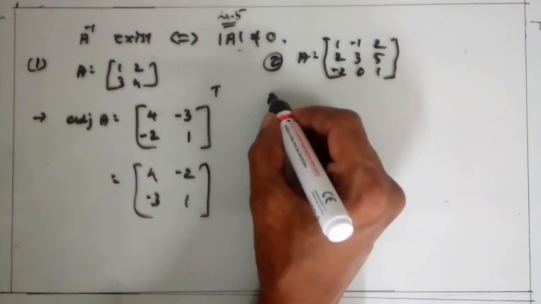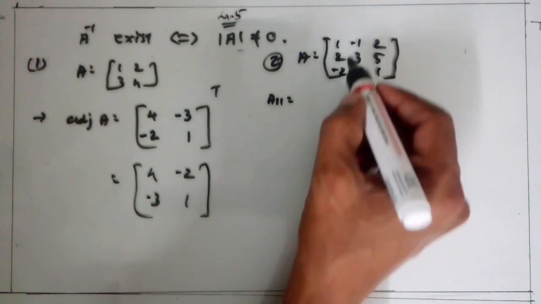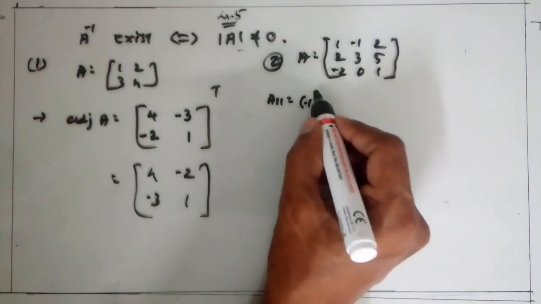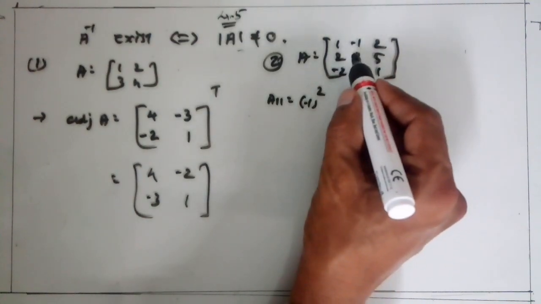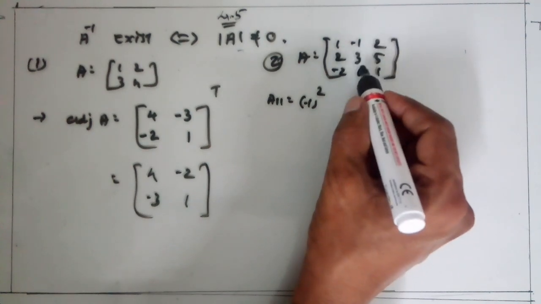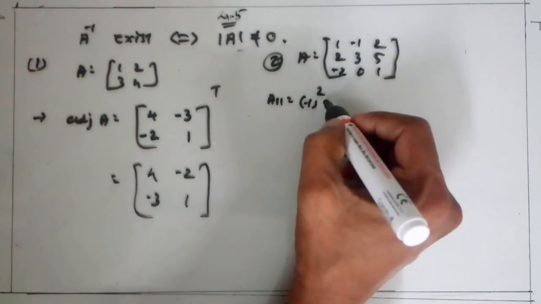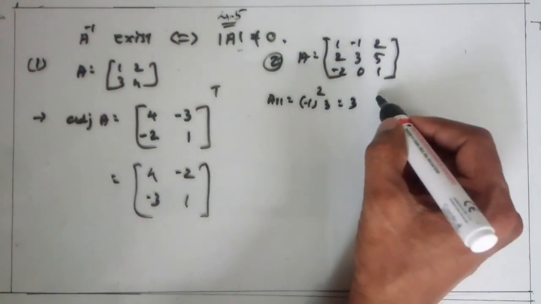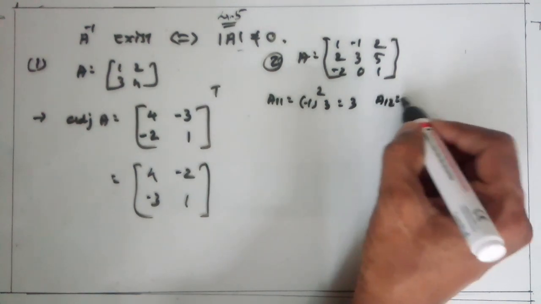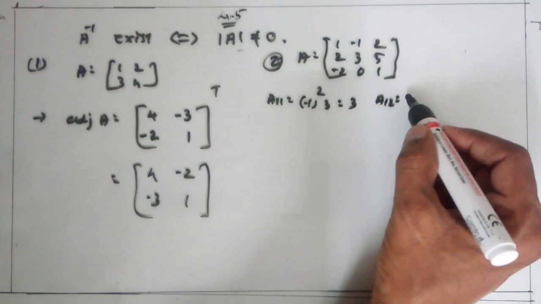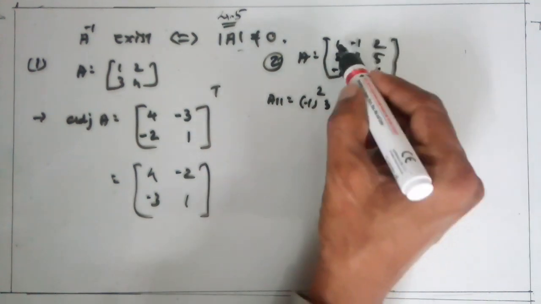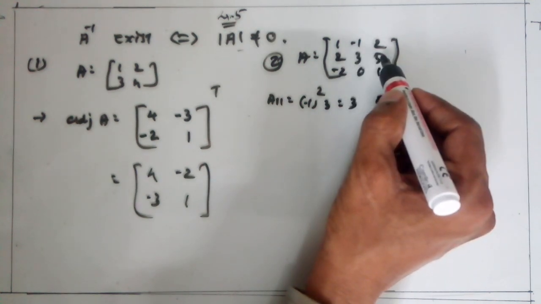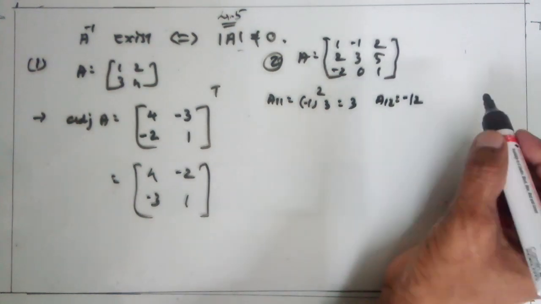Here A11 is equal to, first row first column, so (minus 1) raised to 1 plus 1, into the product of these two minus the product of these two, that is 3 minus 5... that becomes 3, so here we get 3. Clear? Similarly A12 is equal to (minus 1) raised to 3, which becomes minus, into, remove this row and column, so the product of these two, 2 minus minus plus 5 to 10, so 10 plus 2 becomes 12, so minus 12. Clear?